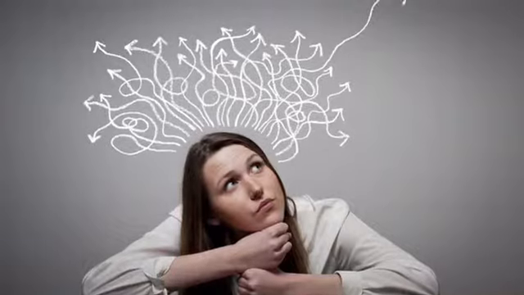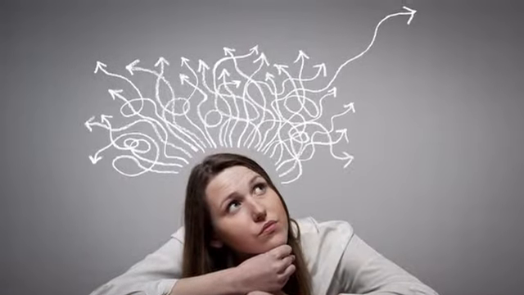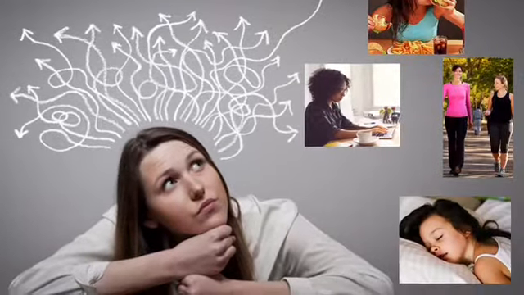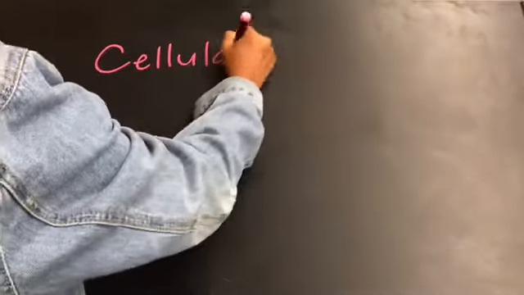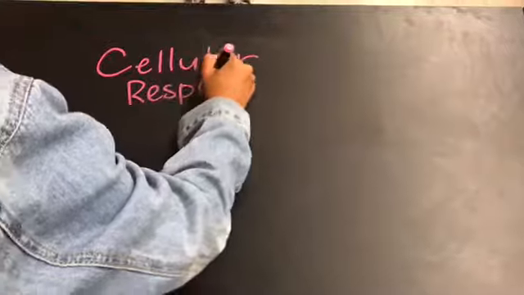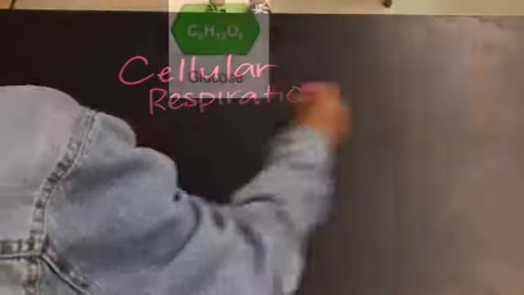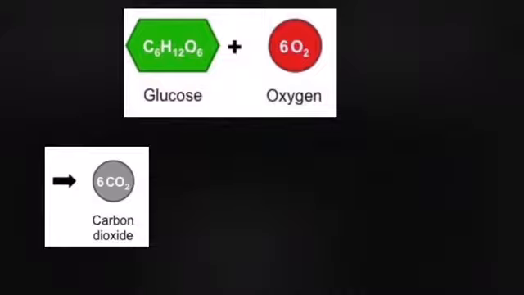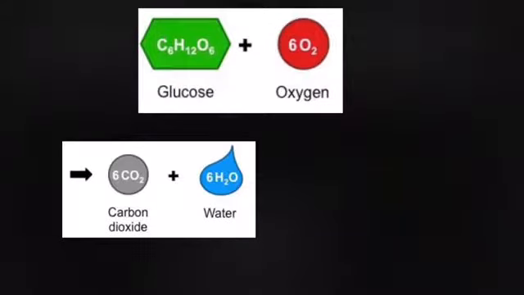Have you ever wondered how your body gets the energy to do things such as eating, working, walking, or even sleeping? Well, the process that you may be looking at is cellular respiration. The equation for cellular respiration is pretty much glucose plus oxygen, which then turns into carbon dioxide, water, and energy